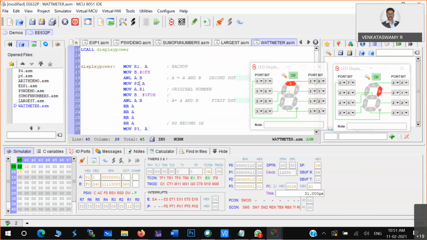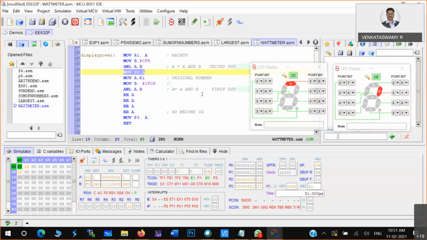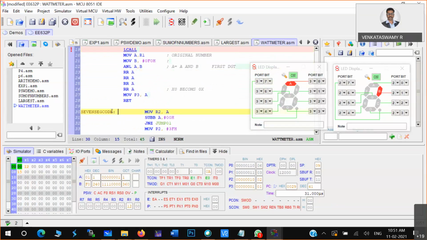P2 you should not load with this content. Instead of that, what you have to do is lcall 7-segment code. That's it. You see, lcall 7-segment code.